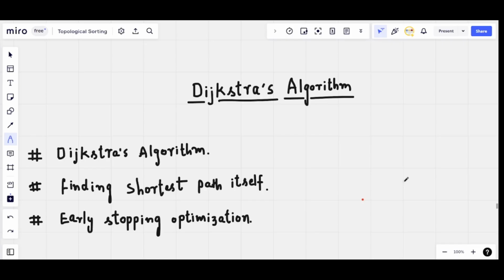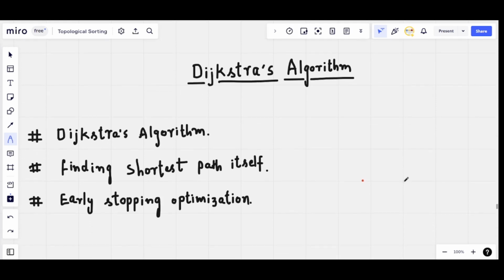So today in this video lecture we're going to be learning about Dijkstra algorithm. So we'll be learning about the single source shortest path problem, what is it and how to solve that using Dijkstra algorithm, the underlying principle of this algorithm as well as its code implementation. We'll also learn how to retrieve the actual shortest path itself, the set of nodes which constitutes that shortest